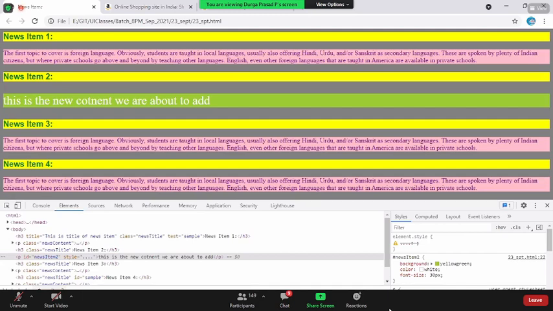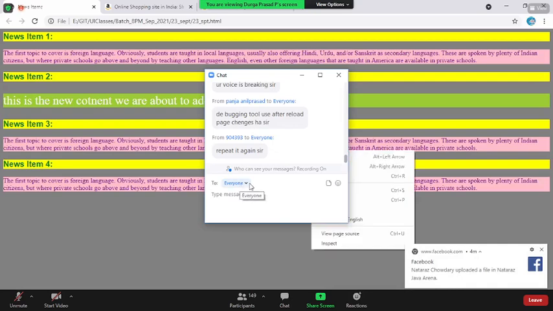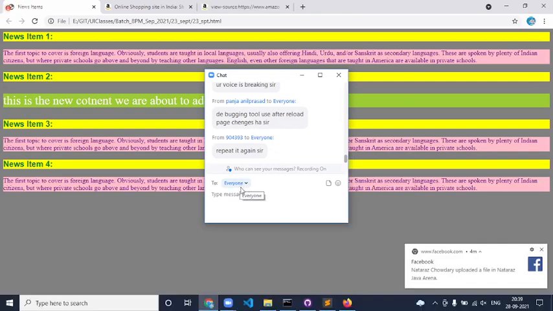Sir, some websites I have seen, where we can't inspect the element, we can't even make the changes. Mostly that could never be the case, because we can stop the user from right clicking.